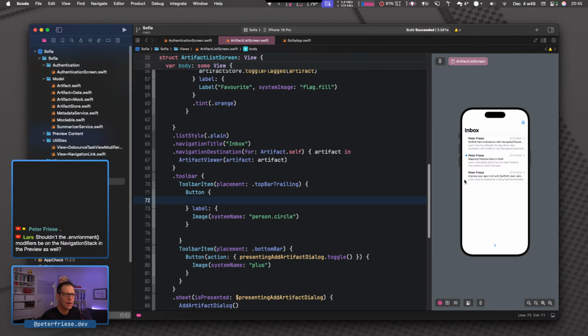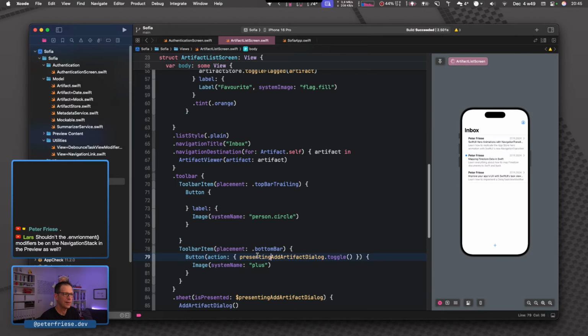Okay, so here's the button. And so yeah, we want to be able to log in here. So we need to have some place where we can call the login action, or rather, we need to display the sheet where the user can sign in, right?